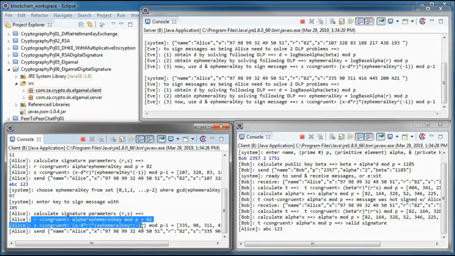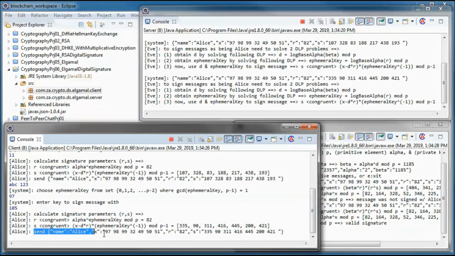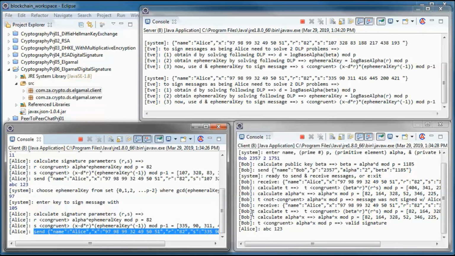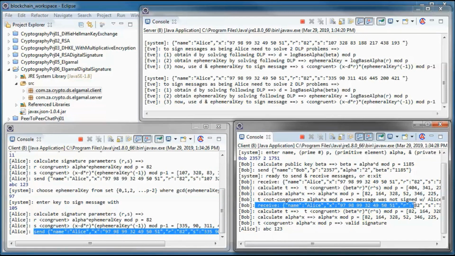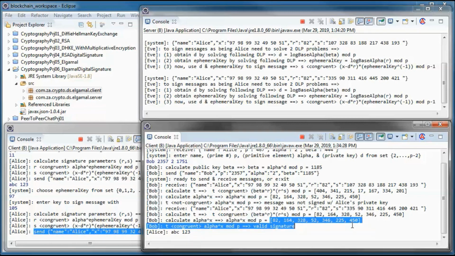She calculates the signature params R and S and sends a message with those params to Bob, and he receives those and calculates T and alpha to the power of X in mode P, and they're both the same. So he determines that we have a valid signature. So this message originated from Alice.